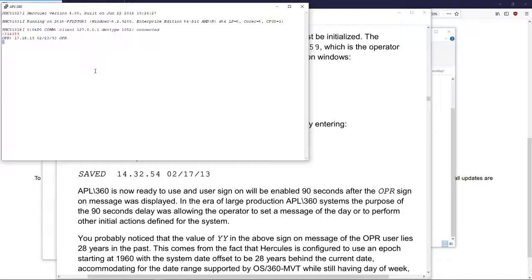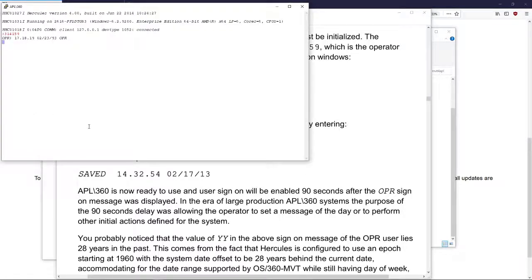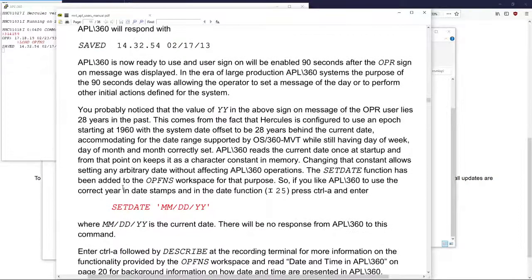But to turn it into a kind of operator terminal to put in APL, we need to send an attention signal, which has been mapped to Control A. So then we will load the operator functions OPFNS library. So I'm going to do Control A and then type in right parenthesis load OPFNS, and that will give us some